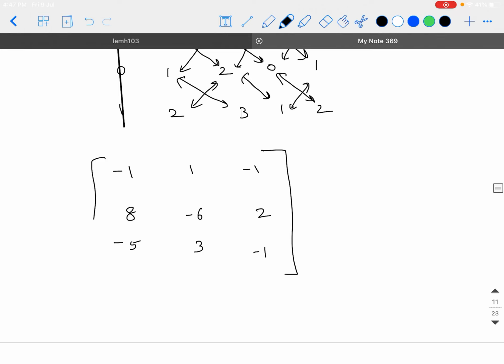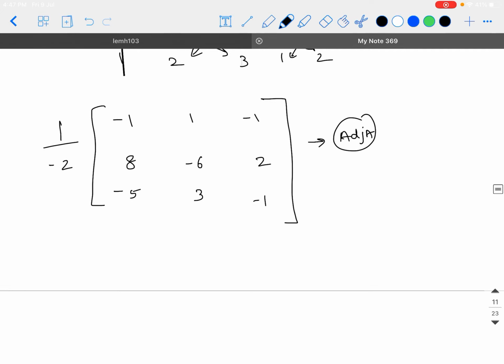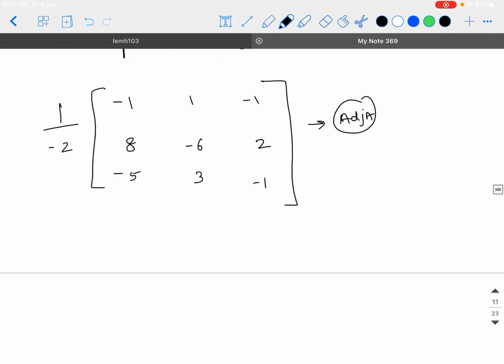Okay. So you got this matrix. This is the adjoint matrix. This is the adjoint of A. And we know that adjoint of A divided by the determinant of A is going to give you the answer. So the determinant is minus 2. And 1 by minus 2, that is minus half, is going to get multiplied with every element in this set. So the answer will be 1 by 2, minus half, plus half, minus 4, 3, minus 1, 5 by 2, minus 3 by 2 and half.